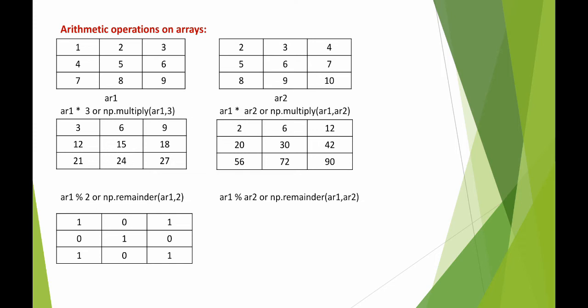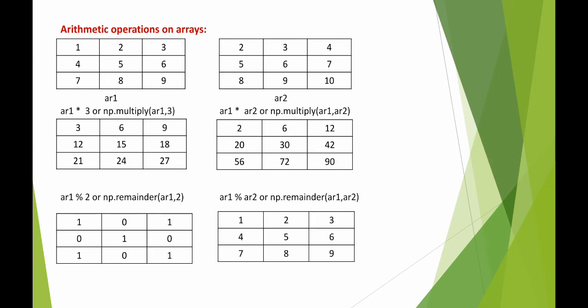In a similar way, when we take the next element, 4 has to be taken in the modulus with 3, so 3 modulus 4 will be 4 into 0 is equal to 0, we will get remainder as 3. And similarly, we can see the output produced will be somewhat like this, as you see. Now you can see the fourth element also. Fourth element for ar1 is 4. Now it has to be modulus by 5, so 4 modulus 5 will produce the result as 4.